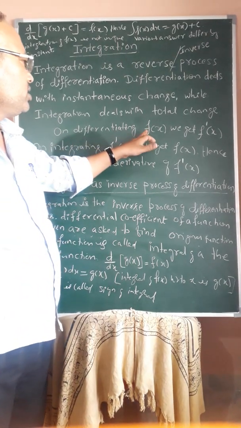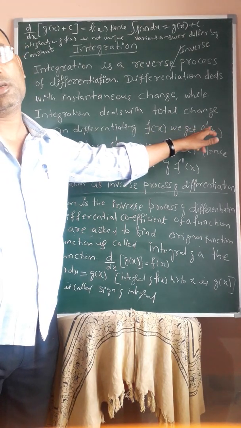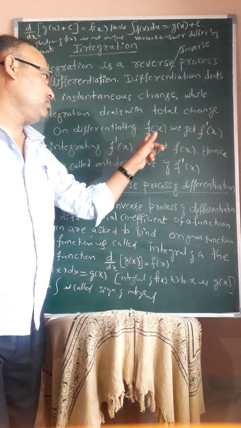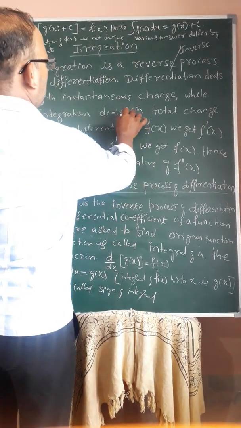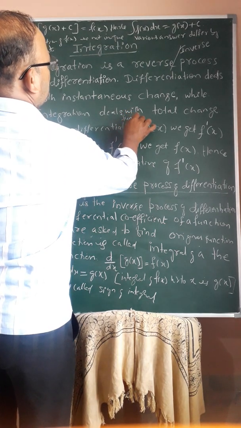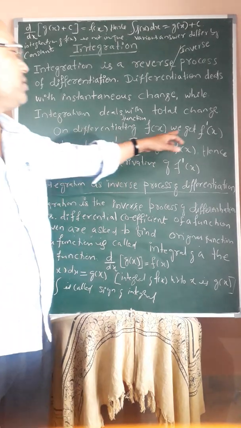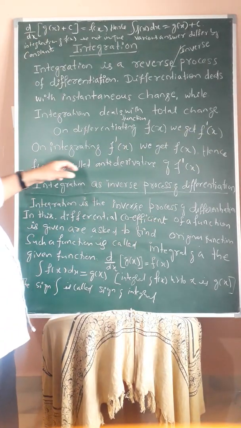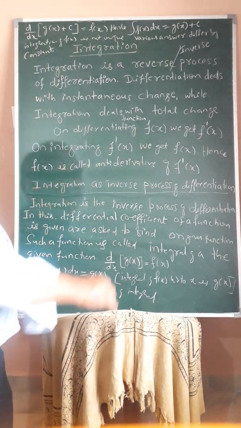On differentiating a function f of x, we get f dash x. F dash x is the notation of the derivative. F of x is a function. Its derivative, if you differentiate, is f dash of x. On integration, if you integrate this derivative,